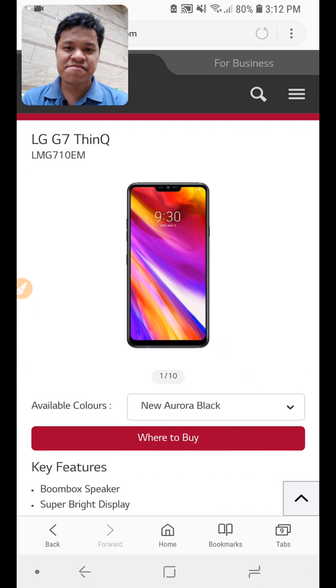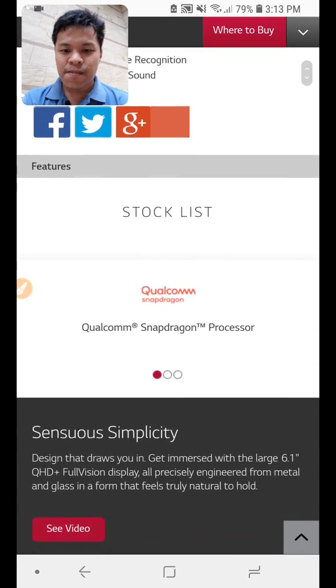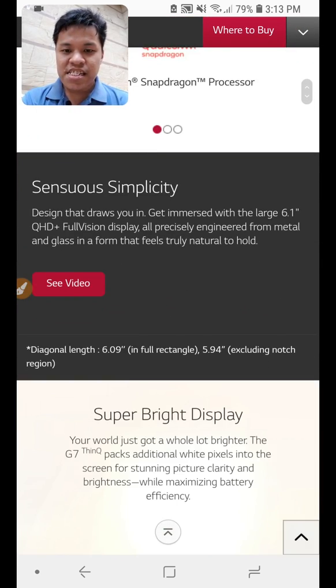Last night around 10 p.m., LG announced their new flagship, the LG G7 ThinQ, which is kind of weird. It's still a very weird name with the ThinQ on it, but what I see is still very promising somehow. And yeah, it's a 6.1-inch display. It's quite a huge phone